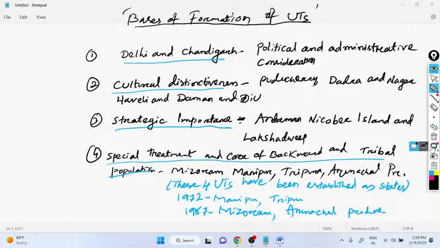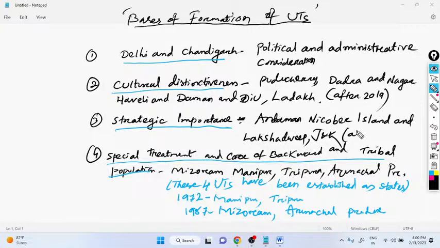Now in 2019, you can add 2019 also if it is for security reason for strategic location. I think it is Jammu and Kashmir. Okay, so Jammu and Kashmir will be added. Here cultural Ladakh. After 2019, it will be after